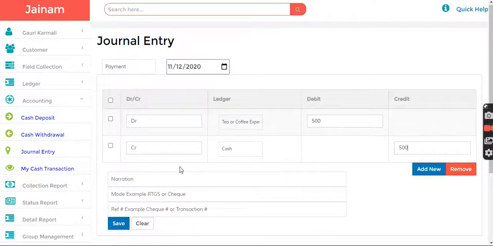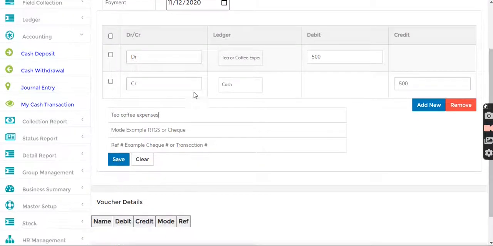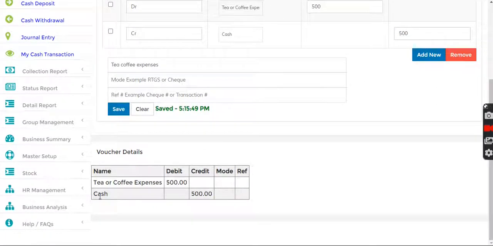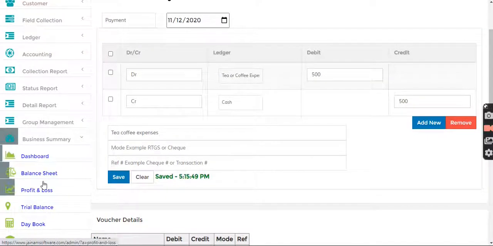I say tea coffee expenses. Okay, and then I save this. When you save this, you will see the voucher details here. You will see tea coffee expenses debit and cash credit. Now, when you go to business summary, account statement,